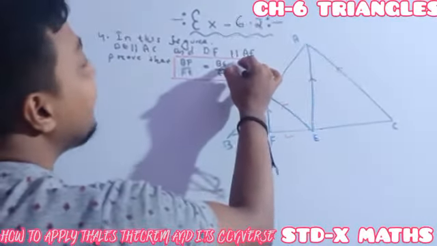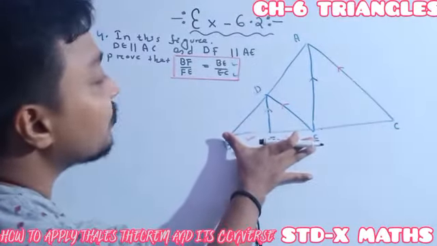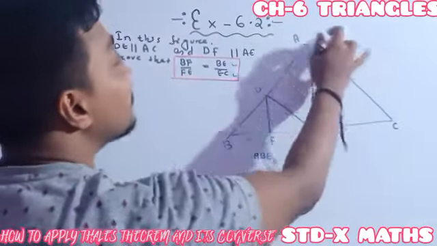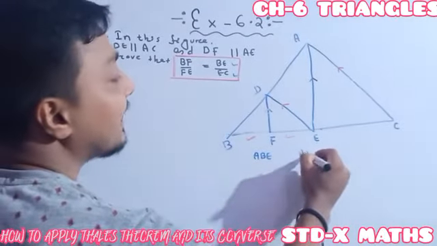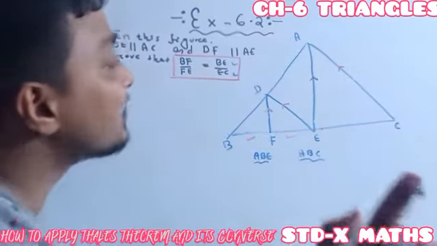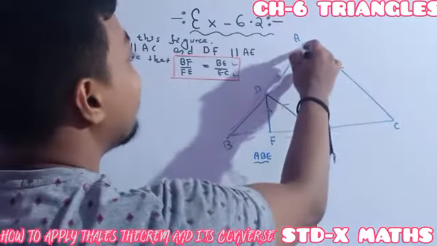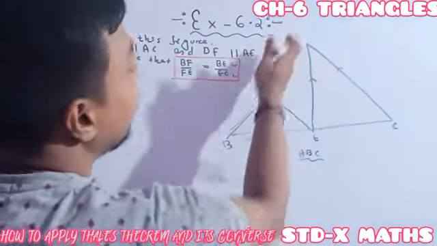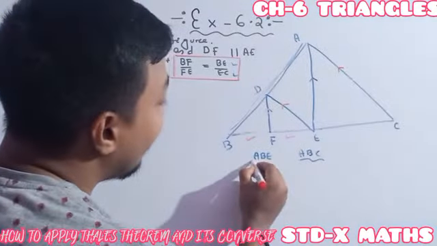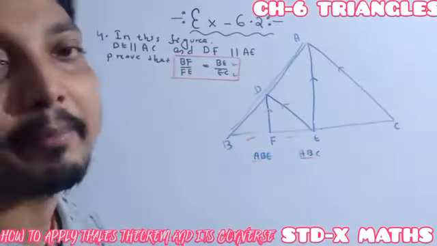Then BE and EC. Where is BE? BE is here, the larger one, and EC. So both BE and EC, the larger one, are the sides of the triangle ABC. So in triangle ABC, the other one is our triangle ABE. See whether one of the sides is common or not. In this triangle this one is common, and for the larger triangle also this one is common. Otherwise you can check from the triangle names: here it is ABE, here it is ABC, AB is common in both.